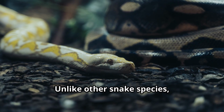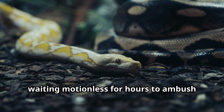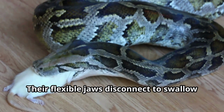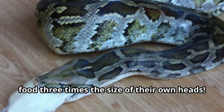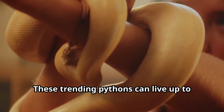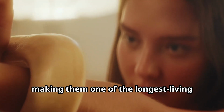Unlike other snake species, desert ghost ball pythons possess extraordinary patience, waiting motionless for hours to ambush their prey with lightning-fast strikes. Their flexible jaws disconnect to swallow food 3 times the size of their own heads. These trending pythons can live up to 30 years in captivity, making them one of the longest living pets for